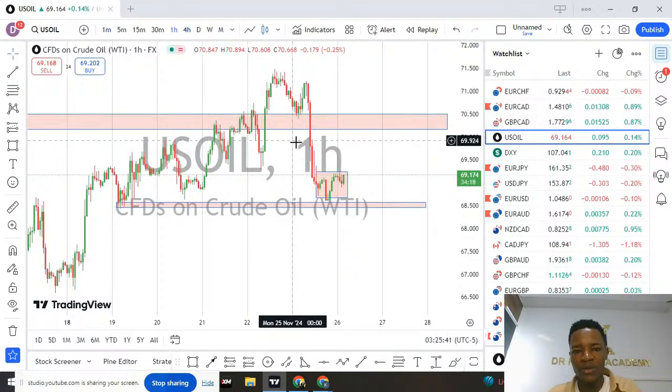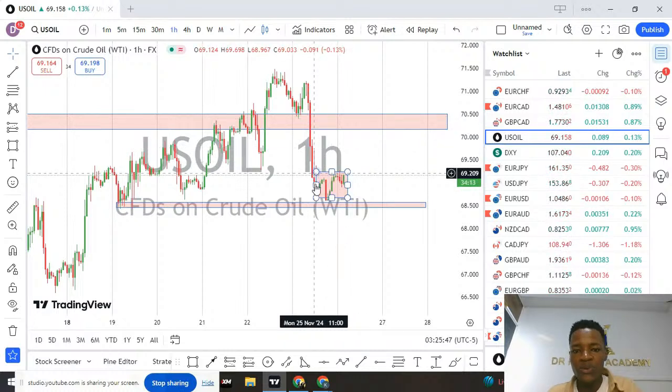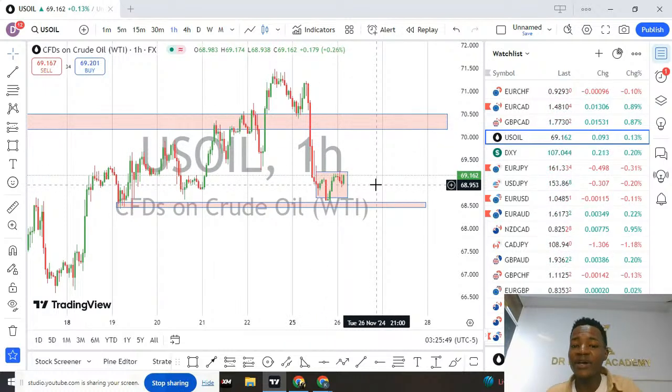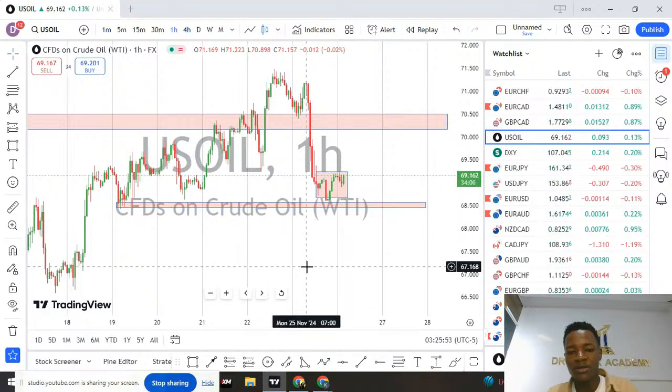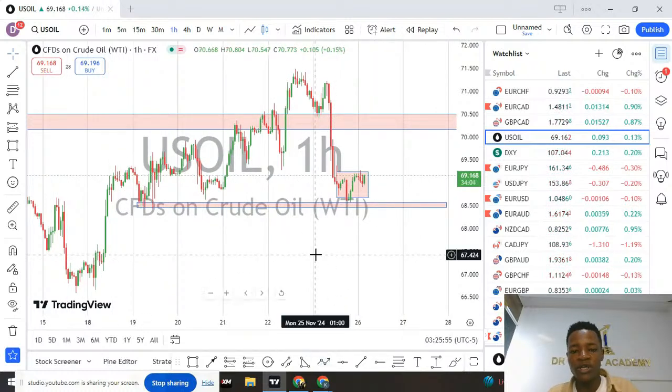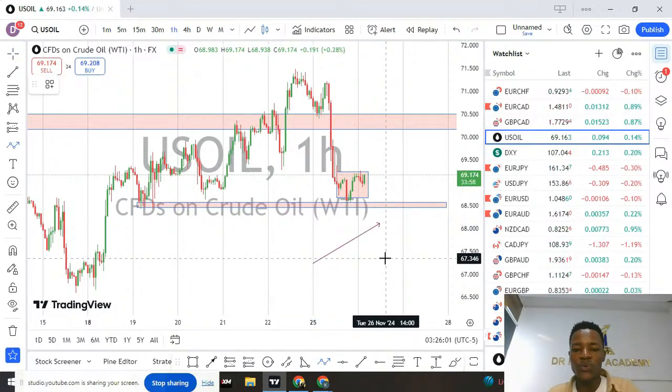Okay, so in such a scenario, guys, let me ask you: whenever we have a scenario like this one, we have oil. We were looking for buys, and now the next day we find that the market dropped way beyond what we expected. What I do is I don't trade that pair again because I can't shift. One thing you note is that I don't shift from buying today. The next day I'll be telling you guys we are selling.